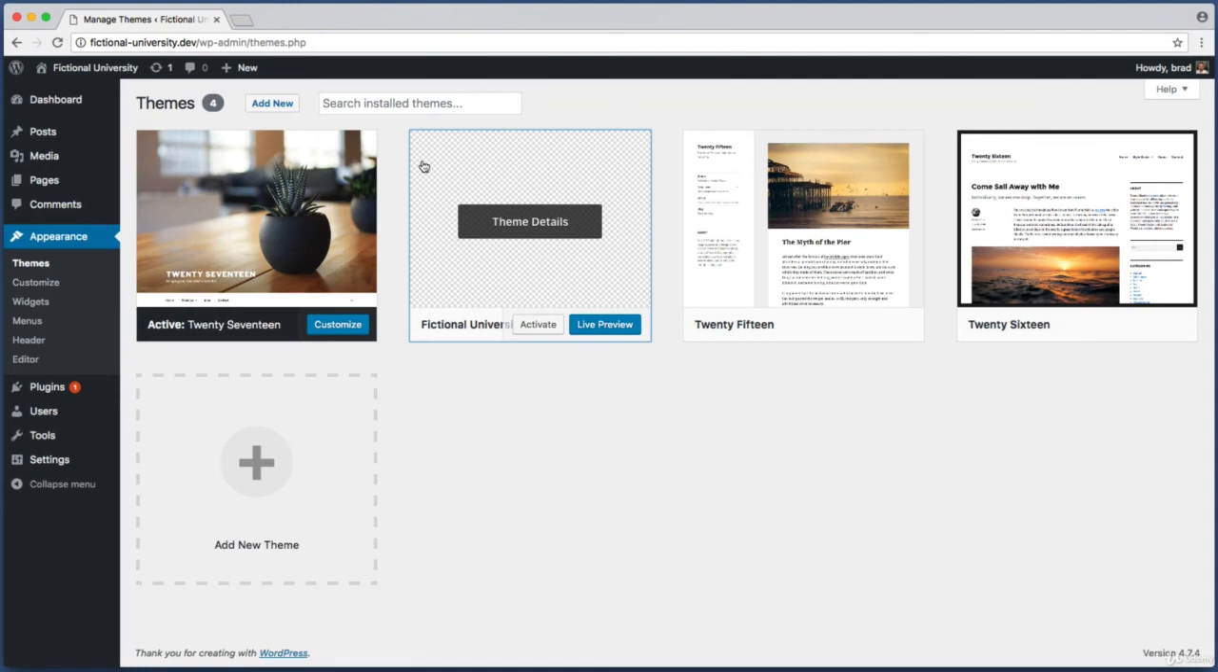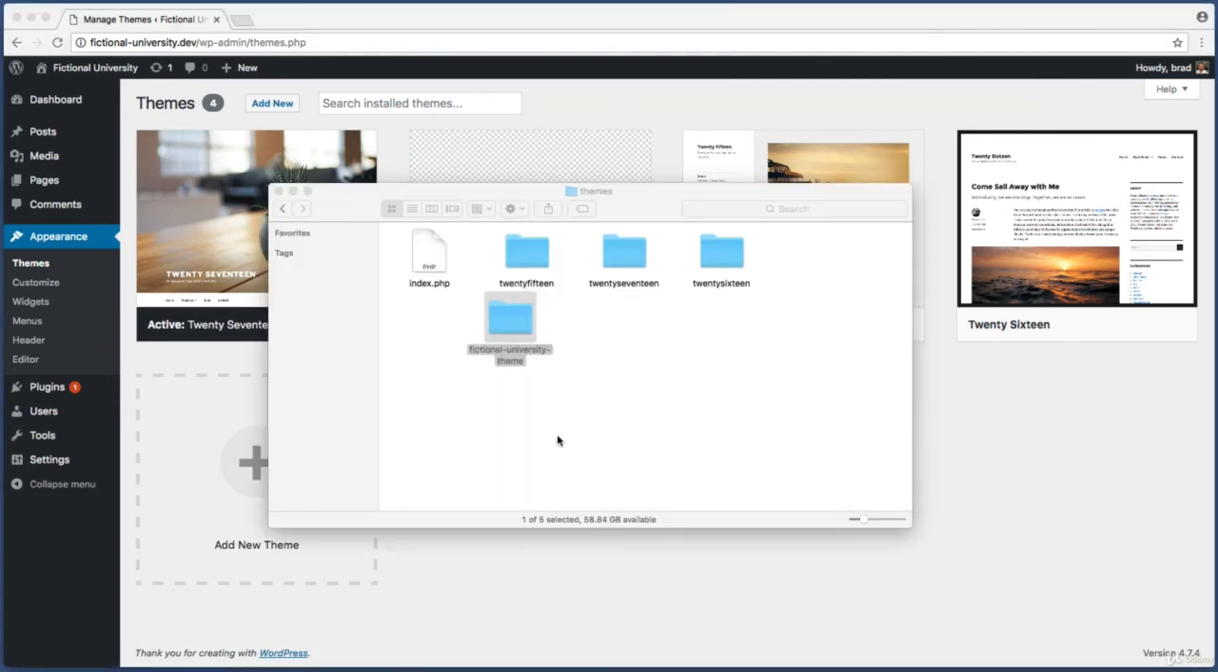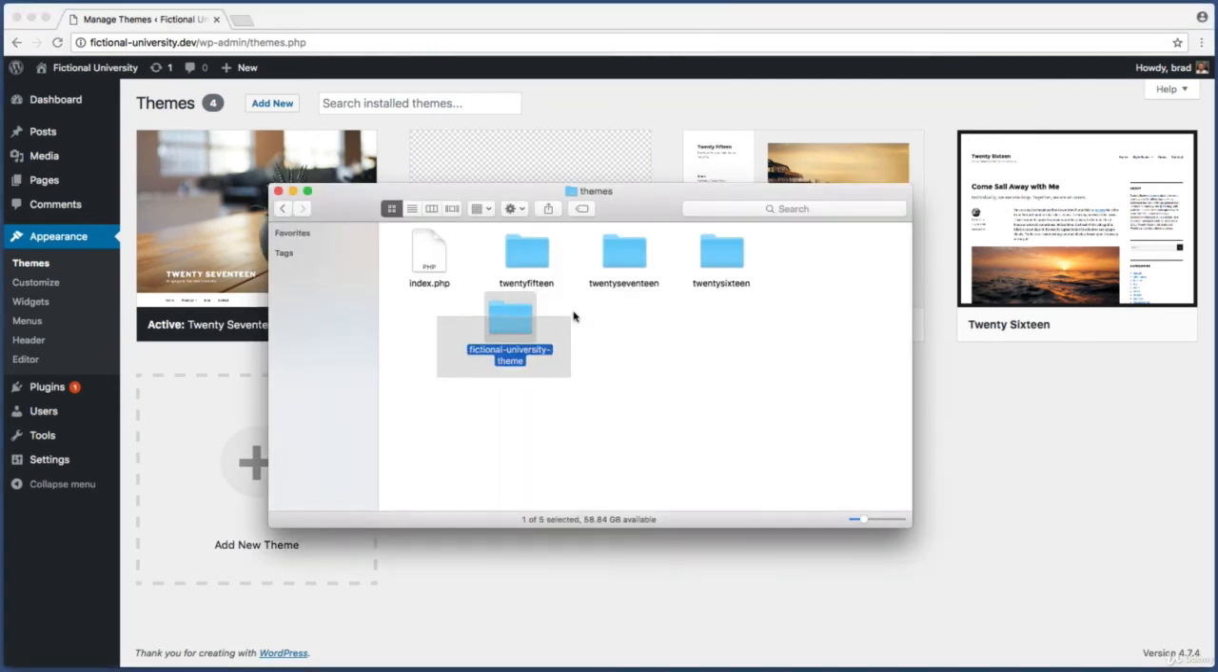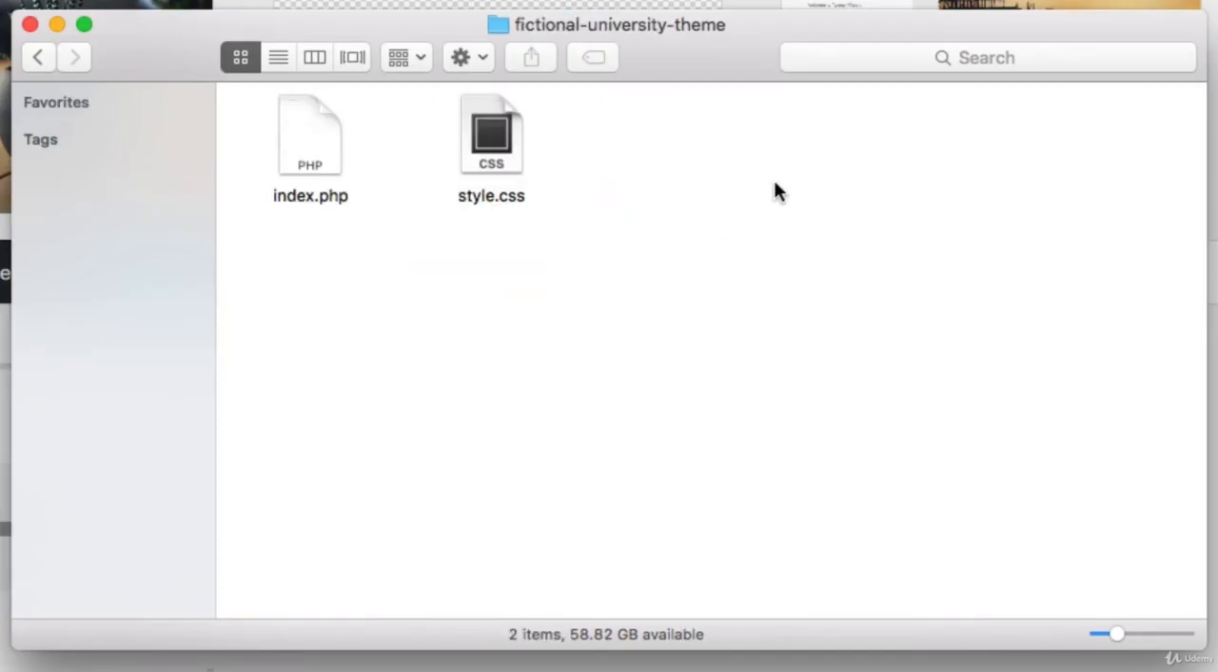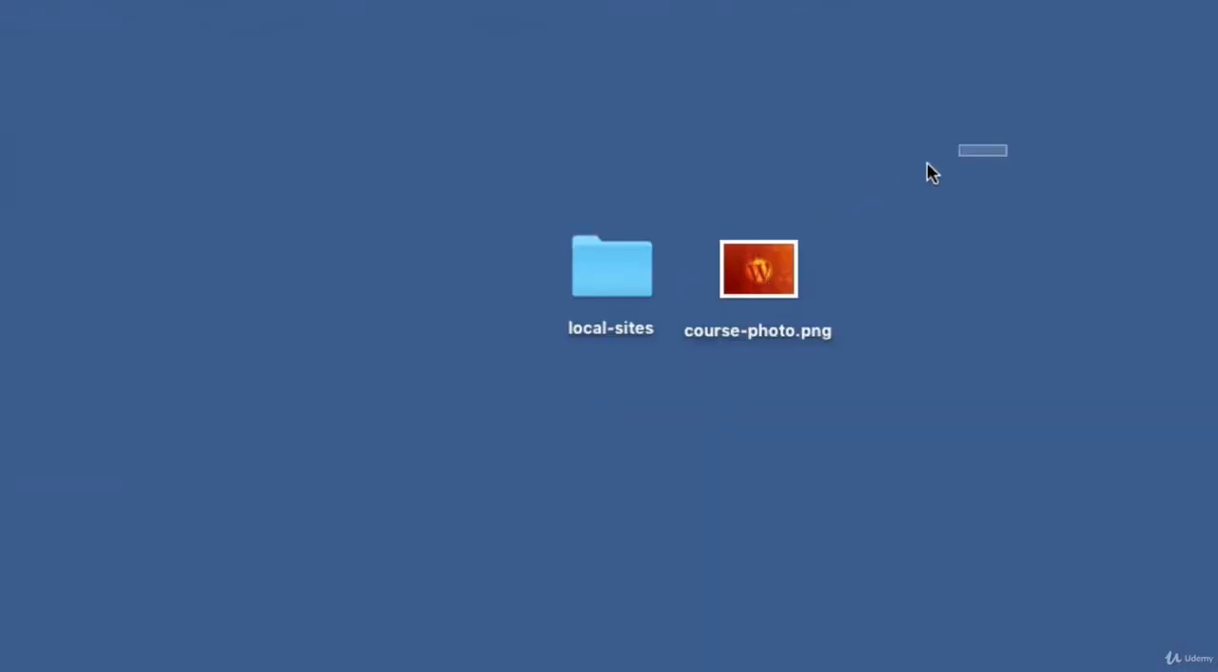So to add a preview image to our new theme, all we need to do is go within our theme folder, right? I named that folder Fictional University Theme. And we just need to move an image file to live within this folder, and the file should be named screenshot.png. Now I conveniently have a PNG file sitting on my desktop here. You can find this same image file in the resources for this lesson, but I'm just going to move this